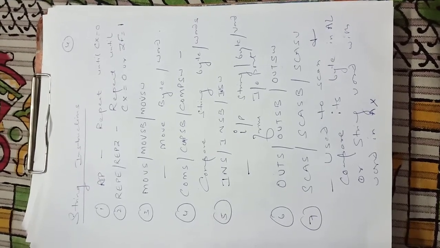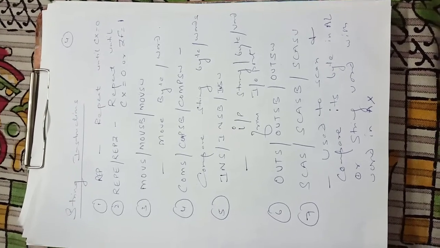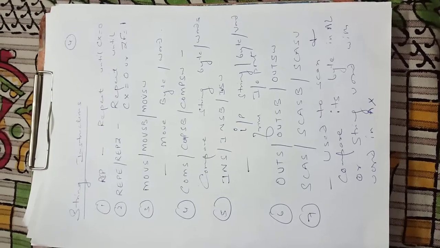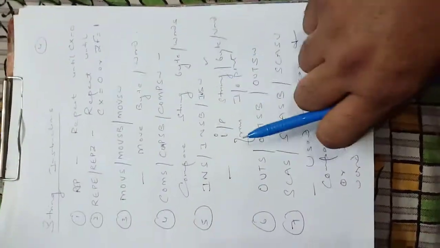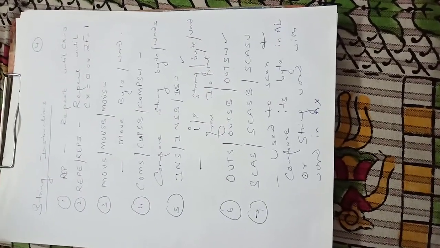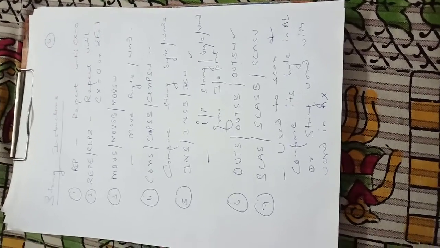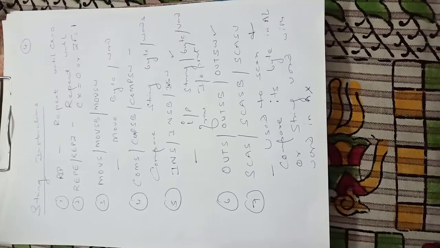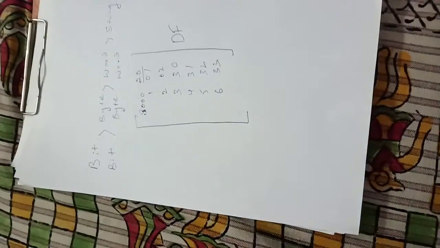MOVS, MOVSB or MOVSW is basically moving a byte or a word. Again, if we want to compare a string, we use CMPS, CMPSB or CMPSW. Similarly, if we want to input a string, byte or word, it all depends upon this type of string instruction. We want to output a string, we use such type of instruction. Again, we can scan the string. We can take all the data of a string in the form of one data segment, one data set, and we can scan that data set with another data set by using scan word instructions or scan string instruction. So this completes a specific set of string manipulation instruction.